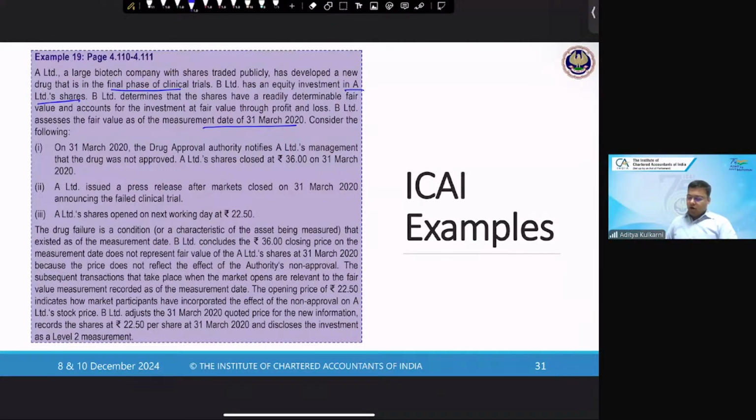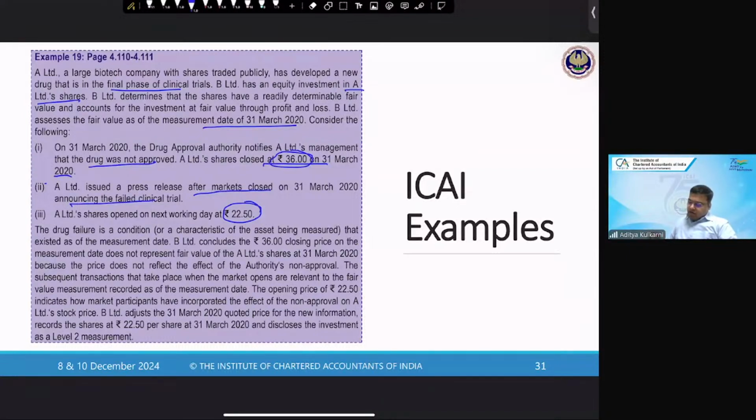Consider the following. On 31st March 2020, the Drug Approval Authority notifies A Limited's management that the drug was not approved. A Limited shares closed at 36 on 31st March 2020, and it issued a press release after the markets closed announcing the failed clinical trials. A Limited shares opened the next day at 2250. So from 36 it fell down to 2250. Now, this drug failure is a condition of the asset being measured that existed as of the measurement date. Okay, now